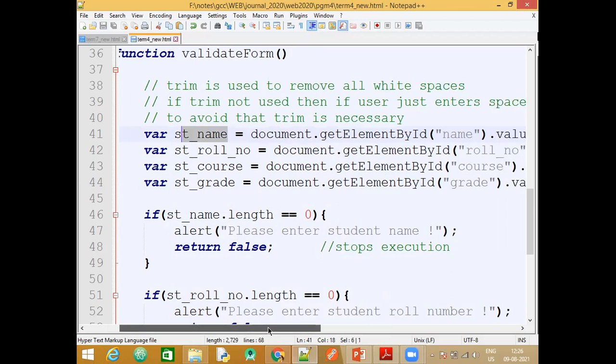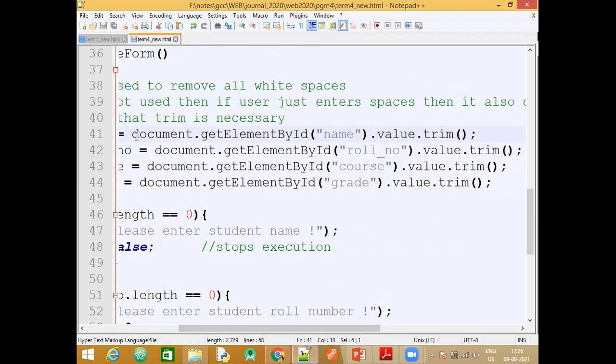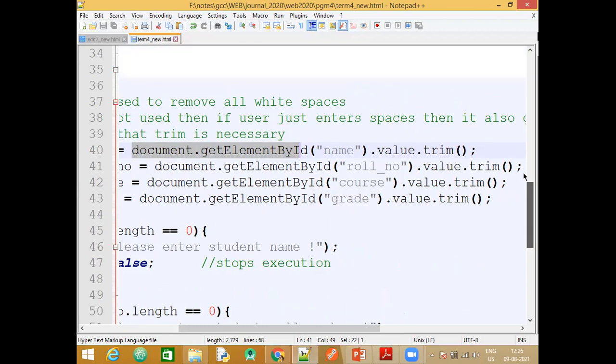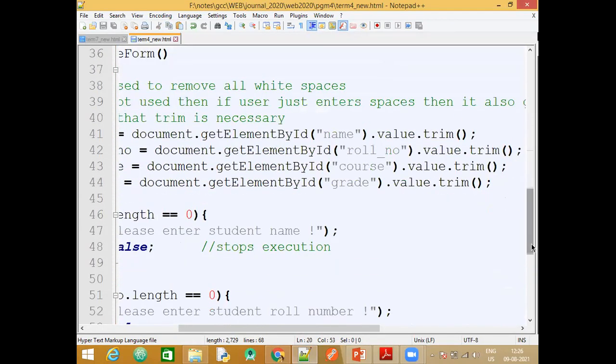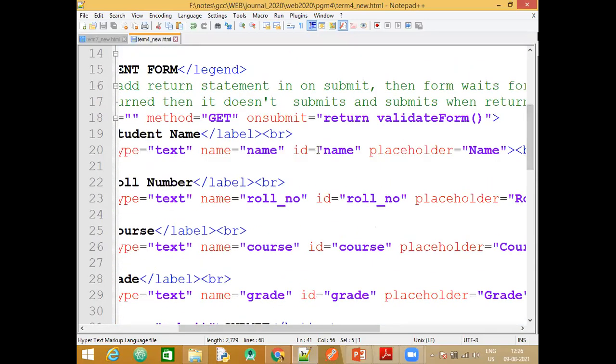For that purpose, here we have document.getElementById, which is the element that we want to get. The element of the text box. Element is the text box. How do you want to get it? With the help of the ID. What is the ID that we had given? Let's check here. Name. The ID is name. Now, in double quotes, you need to specify that same ID, okay? You need to understand this is not whatever I want, I'll type. This ID, the same convention has to come there.